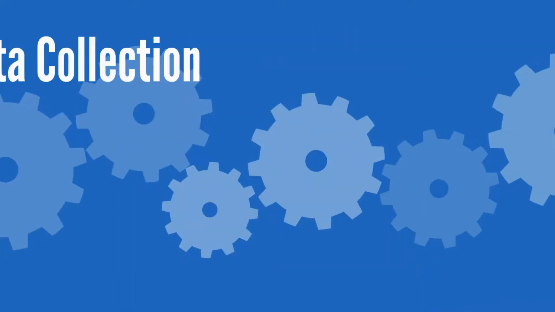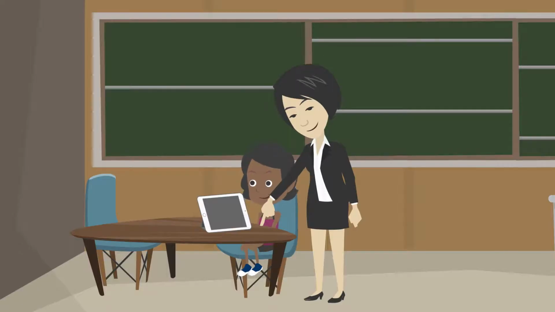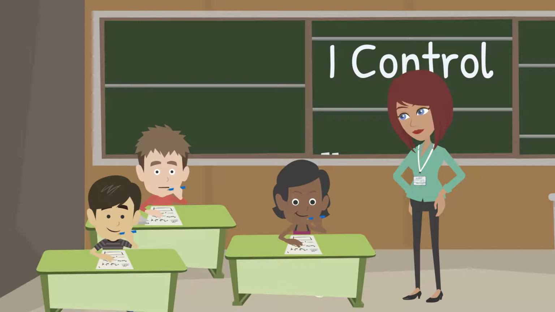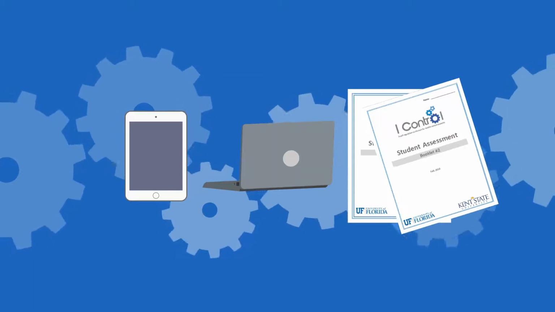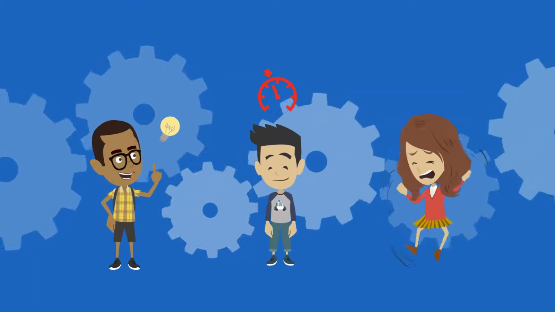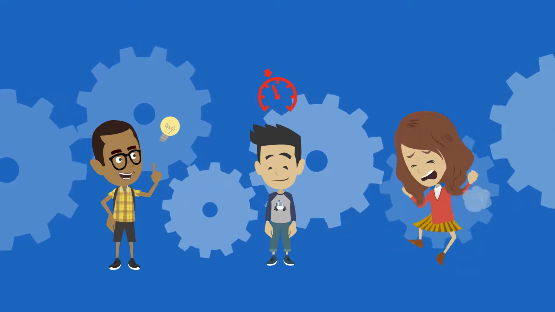Data collection includes a standardized assessment on an iPad that is administered by iControl research assistants, as well as rating scales completed online by teachers on each of their students in the study. Students will also complete surveys in class with teacher assistants. These assessments allow us to understand what the students already know, measure their current self-regulation skills and executive functioning, and identify the nature and degree of existing behavioral difficulties.